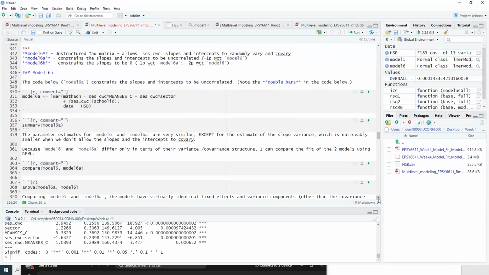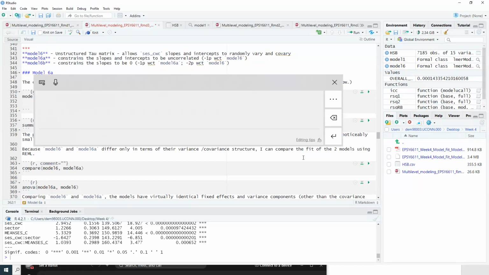And I can do that. How can I do that? Well, hey, I should show you this code actually. It's really easy. Notice I've got double bar. The double bar here is saying, so I've got SES_CWC double bar. That double bar is saying, yeah, estimate a randomly varying intercept and a randomly varying slope. Don't let them correlate with each other. And if I do that,